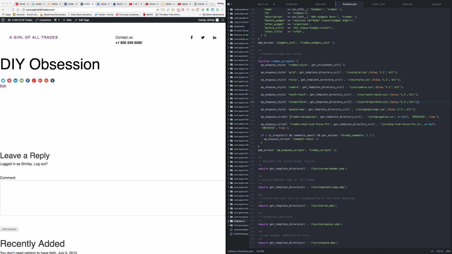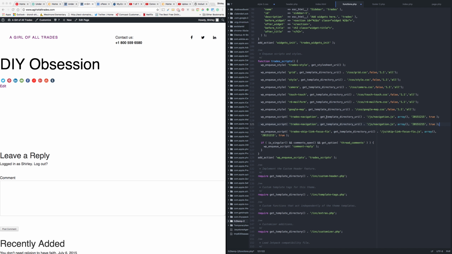Now, remember that there's a big difference between style and script. And so what I'm going to do is take this guy that's already been there, and I'm going to copy him. And then let's see here. We can't have this name the same just like the other ones, and it's going to the directory, and it's in the JS folder. So what this is doing right here is this is the date that this was made,